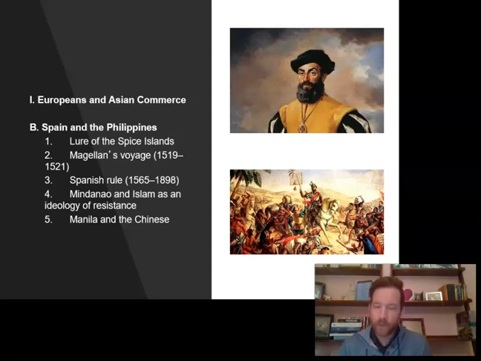Located close to the ports of southern China, more than 20,000 Chinese came to live in Manila. Spanish galleons would carry silver from the South American continent, and it would serve as a jumping off point to the Chinese ports and trade with China. But with that influx of Chinese, tensions arose over the poor treatment by the Spanish, resulting in revolts and massacres, such as the one in 1603, in which the Spanish killed some 20,000 Chinese.